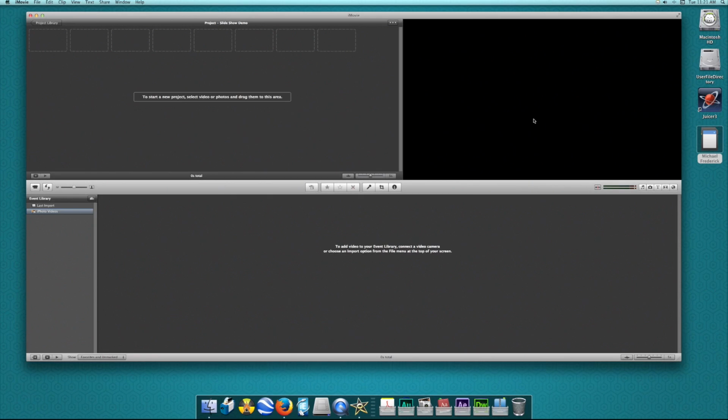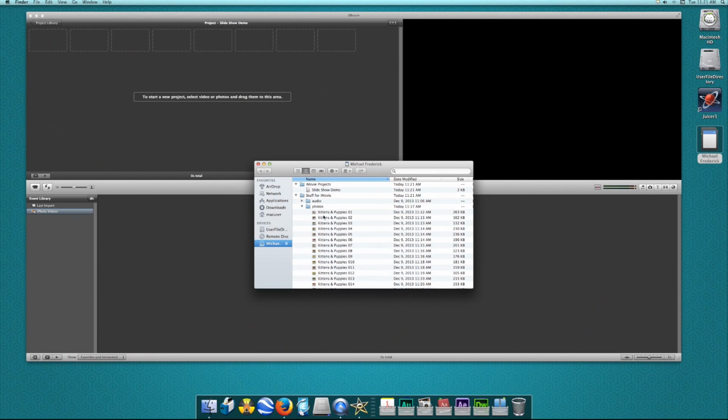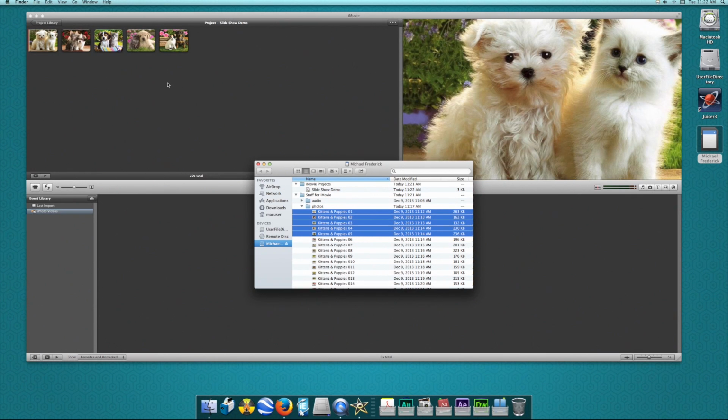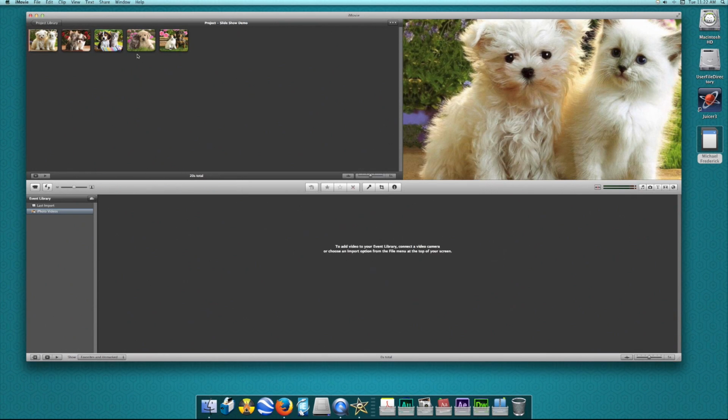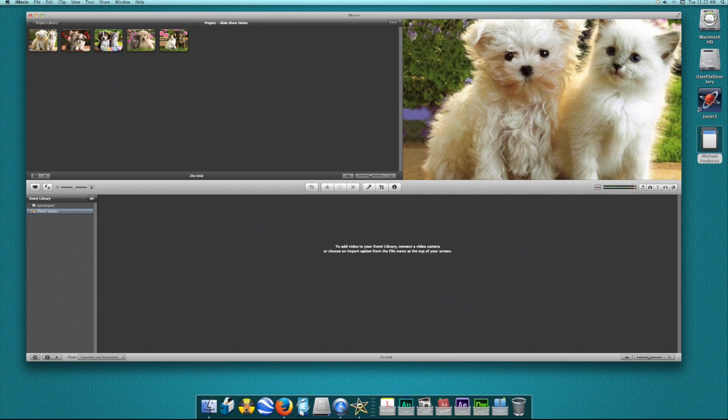Now to add photos, we want to go out to Finder and find some photo content we want to add. We'll shift click to select these and drag and drop them into iMovie itself. And this will take just a moment. Now by default, iMovie will add each photo at 4 seconds, and we'll put sort of a slow Ken Burns